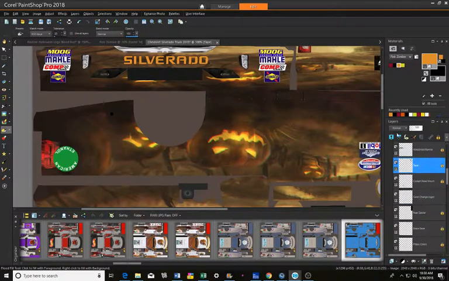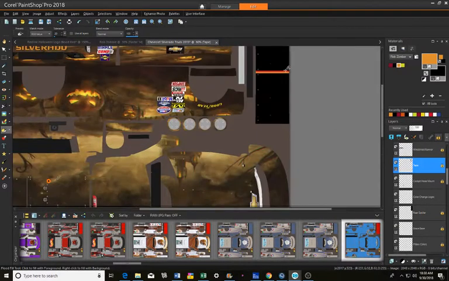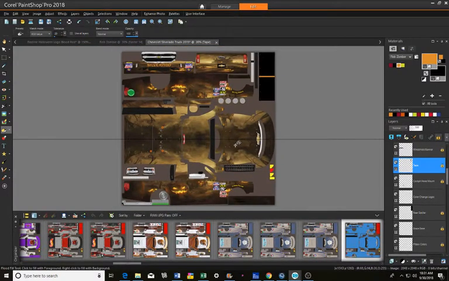All right, tape. We'll make that orange as well. Now, I'm not going to go ahead and do placement of logos and stuff like that. I've already gone through it, but that's how you do a